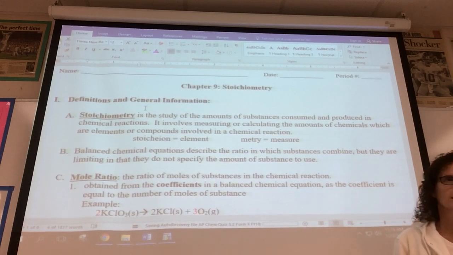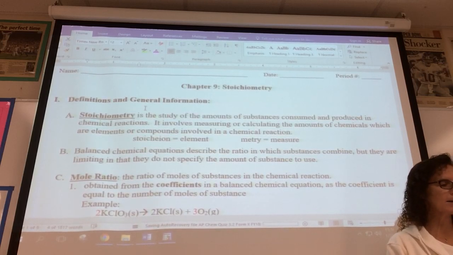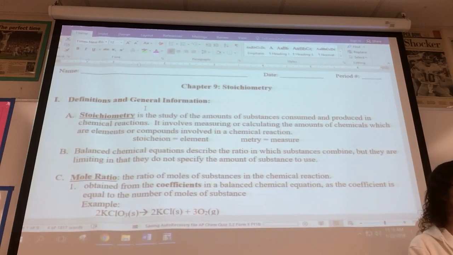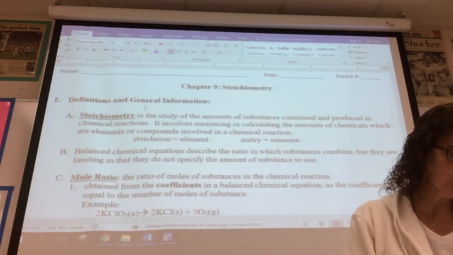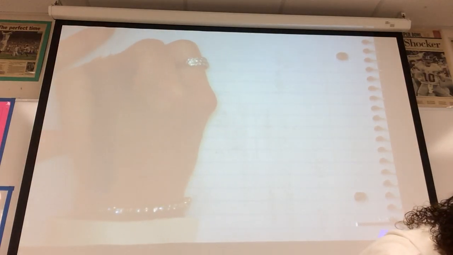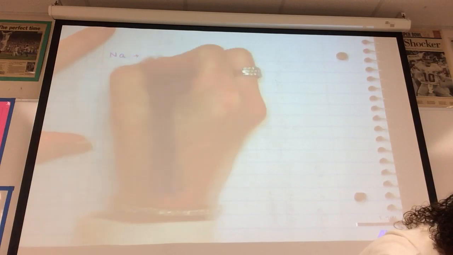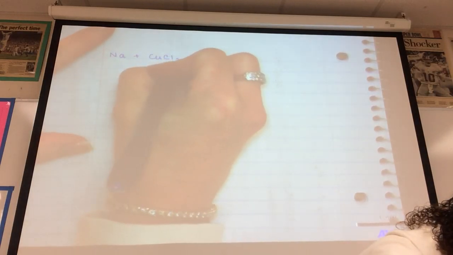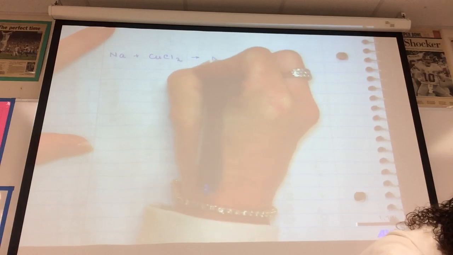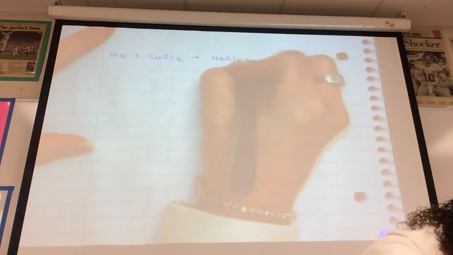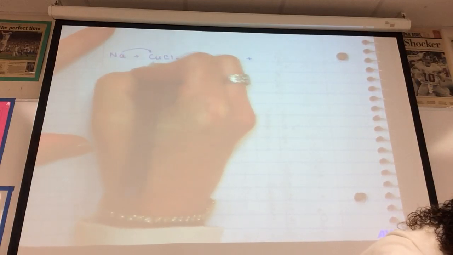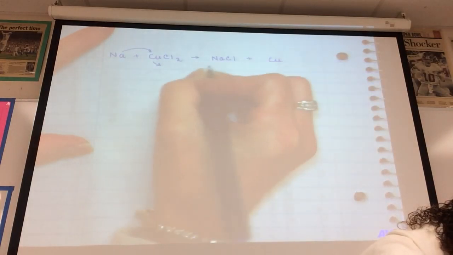First up, stoichiometry. The word sounds much worse than anything you're going to see in the chapter. It says the study of the amounts of substances consumed and produced in chemical reactions. If you considered a chemical reaction such as this one, for example, sodium plus copper 2 chloride yields sodium chloride and copper,